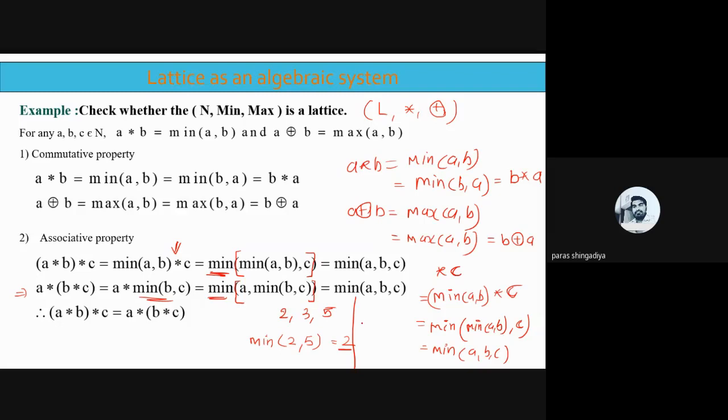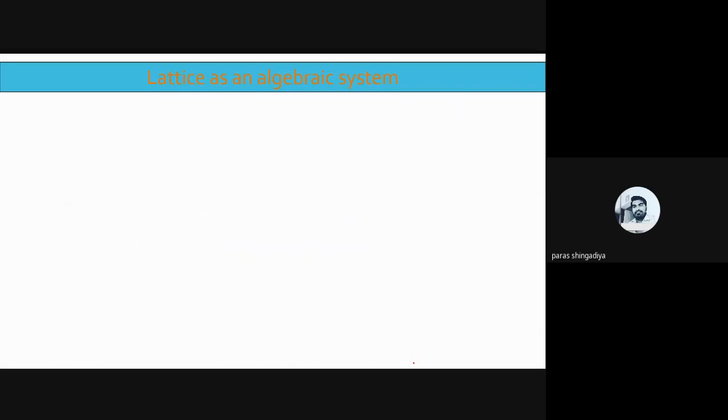And now for the same data, पहले आपको फाइंड करना है B C. तो minimum of B C, it is 3, 5. तो 3, 5 में minimum है 3. Okay. With A it is 2. So now the minimum of 2, 3 is equal to 2. So in both cases we get the same answer. Okay. So what does it mean? We can say that (A star B) star C is equal to A star (B star C). Clear? So the first case of the associative property is complete, and now let us check the second one.